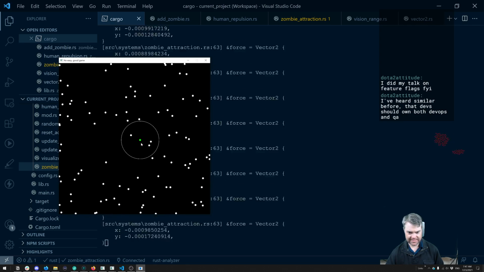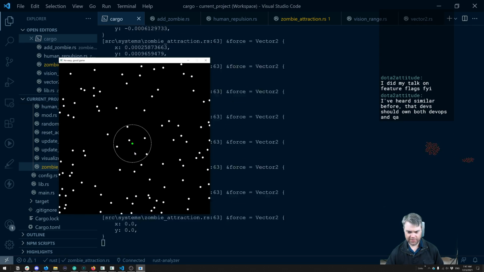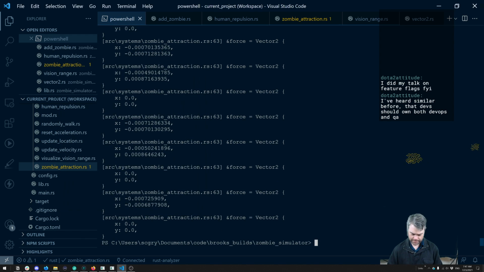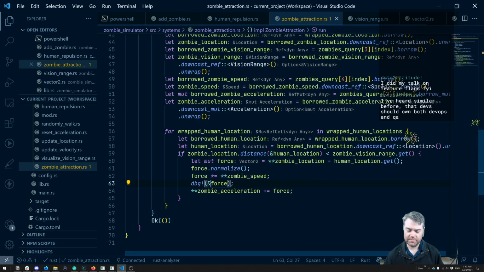Look at this. We're moving around. Okay. I wonder if it's because sometimes I can't find other human locations. No. If like the human location distance,